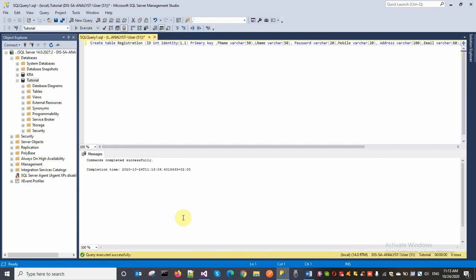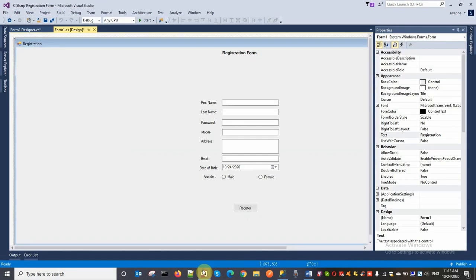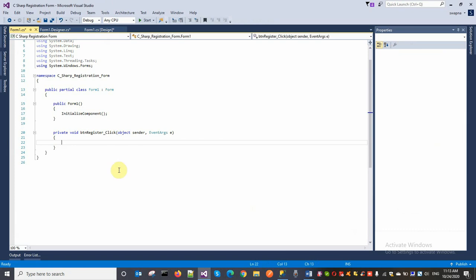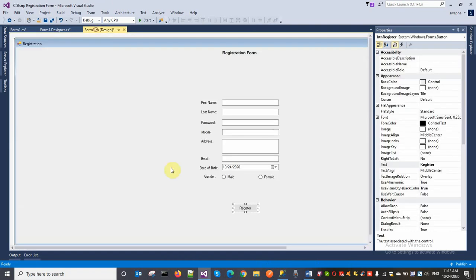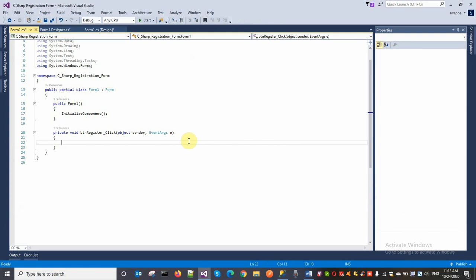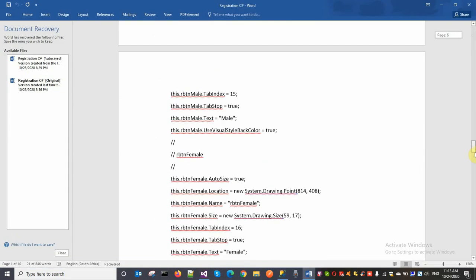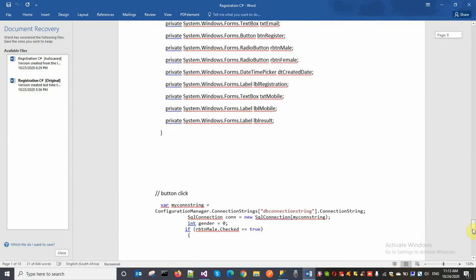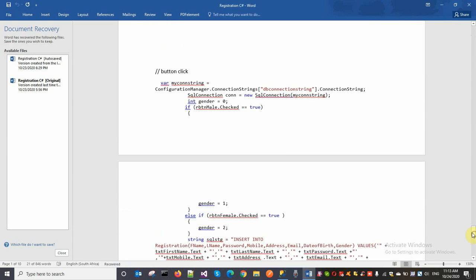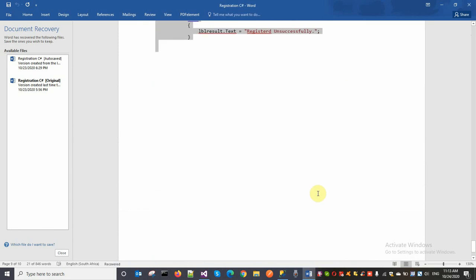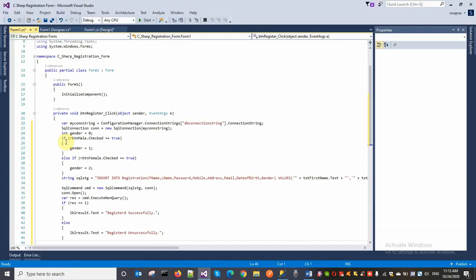Okay, that's it. Then after I'm going to create the button click event. By double clicking the button, the code will be created. So already I have written some code for time being to save the time. So I'm using here connection string like this. Okay, I'm using my connection